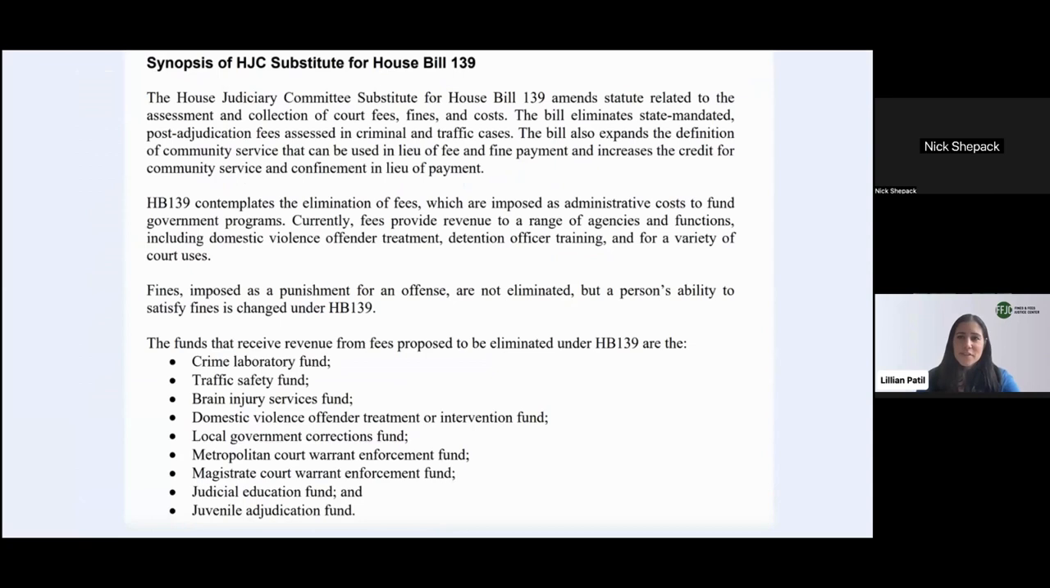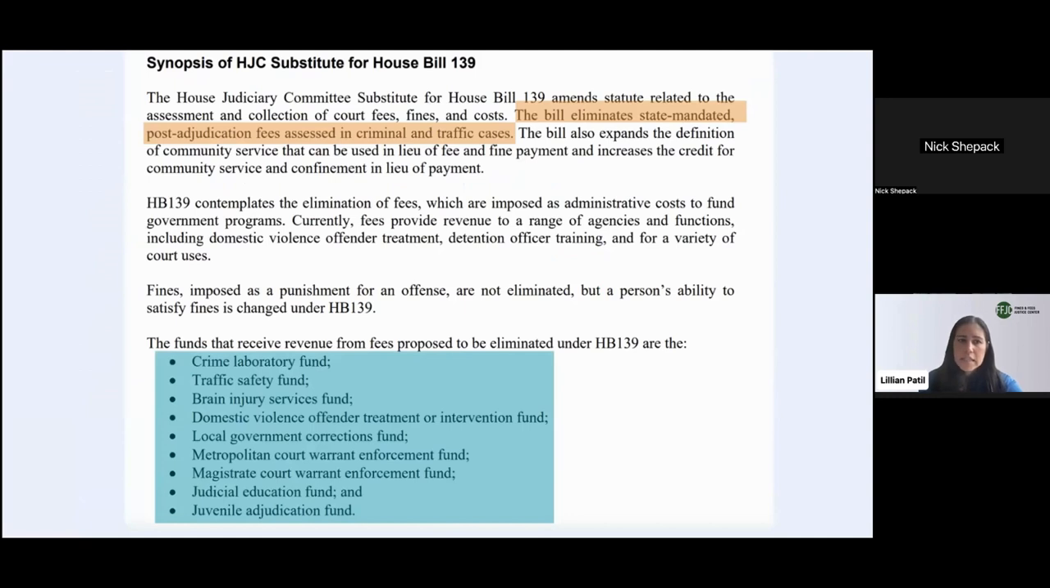I'm continuing on the first page. This is just lower down on the first page of the fiscal note. Here they give us that nice quick summary of the bill, telling us that it's eliminating a bunch of different post-adjudication court fees. And then it gives us a really handy bullet-pointed list of all the different funds where